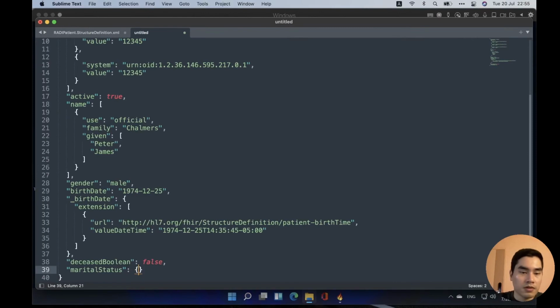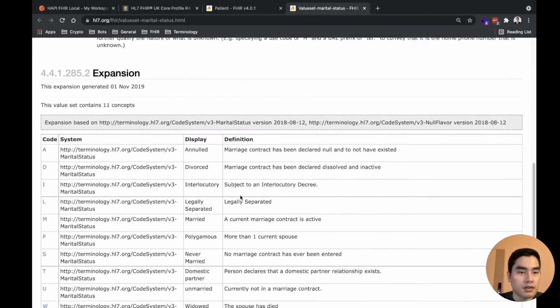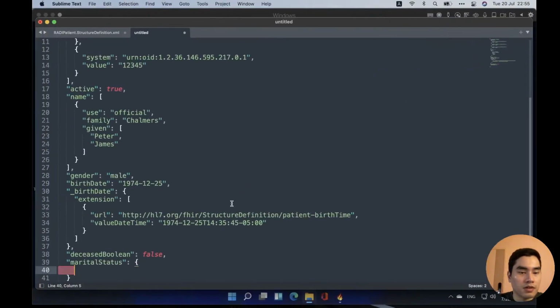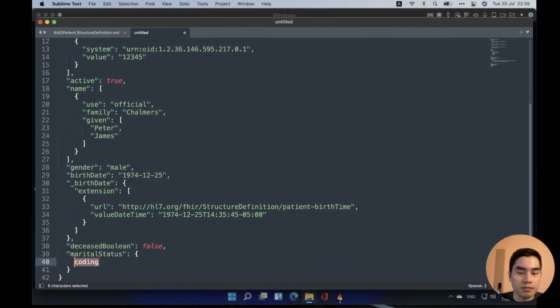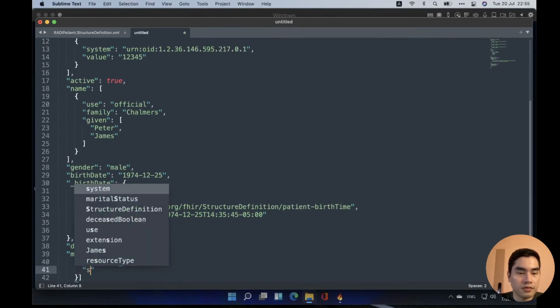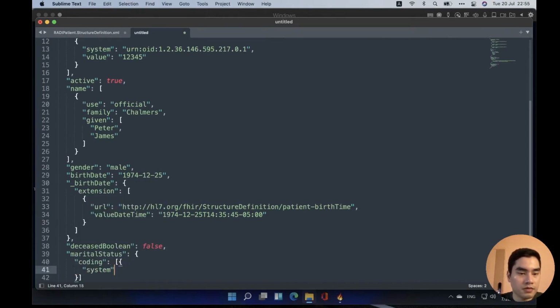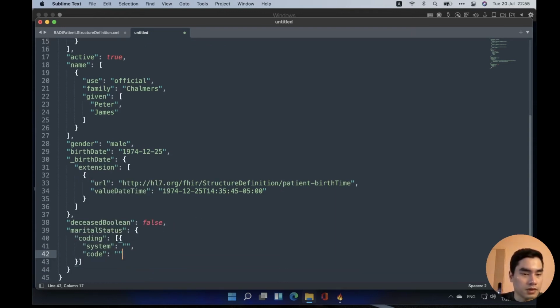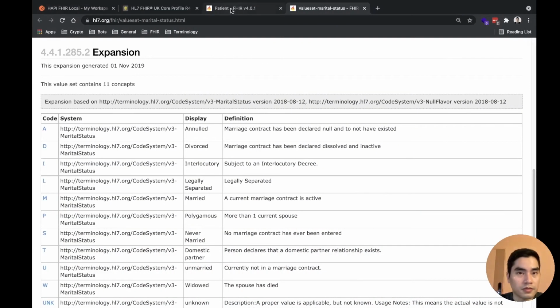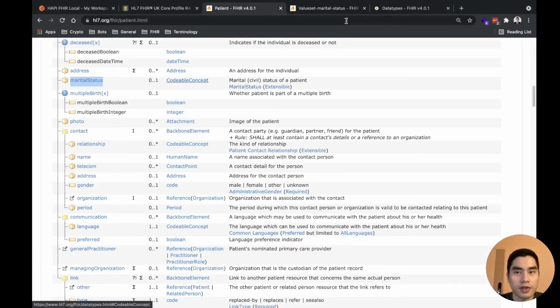So, codable concept. System, code. I forget what it's called.